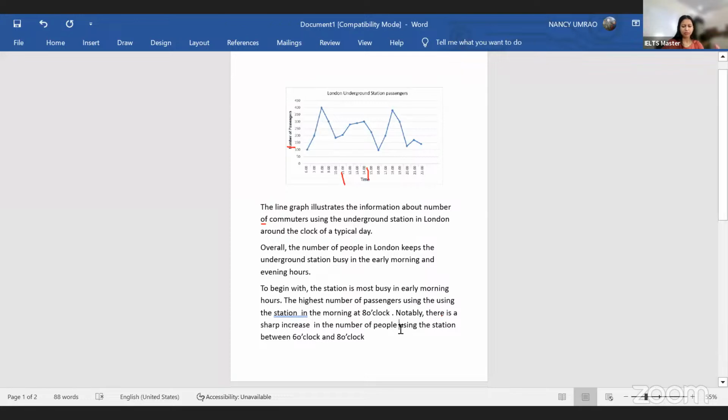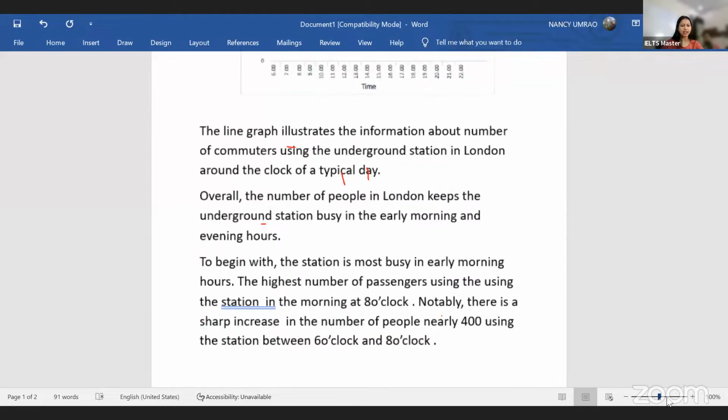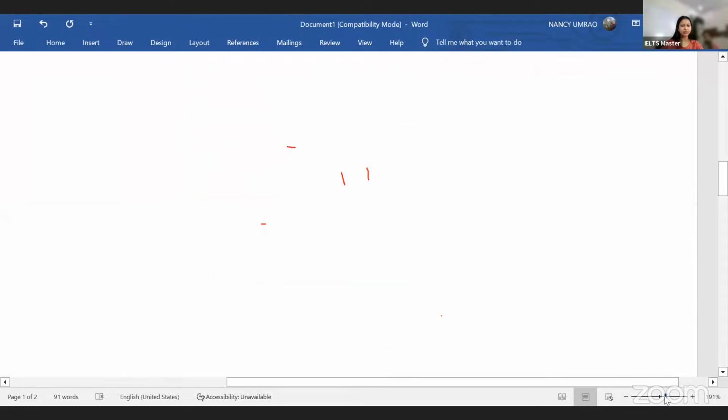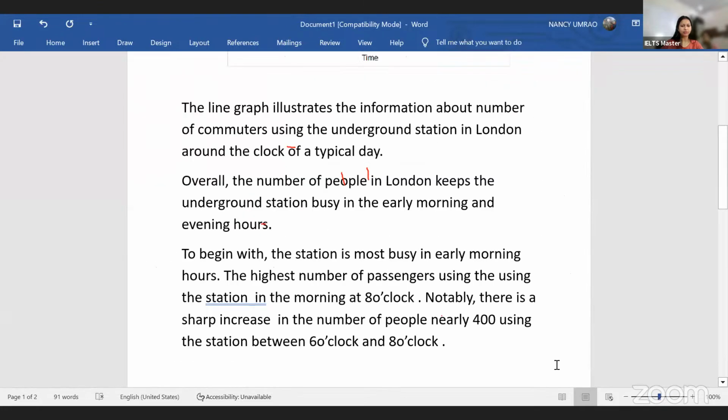You can write, nearly 400 people using the station between 6 o'clock and 8 o'clock. Is it clear how I am writing? Any doubt? No. Then use a connector. After that,